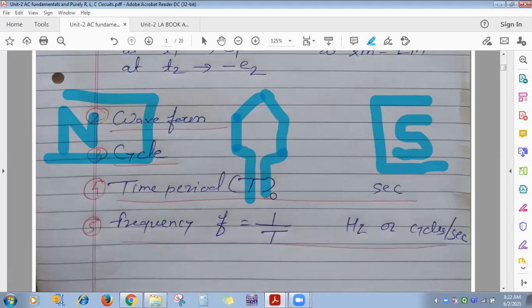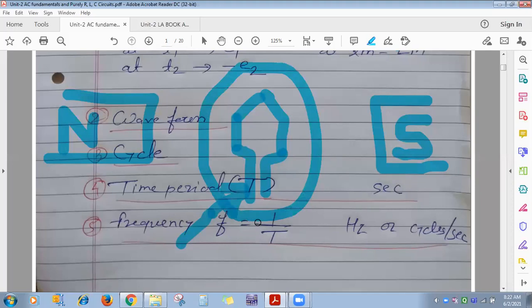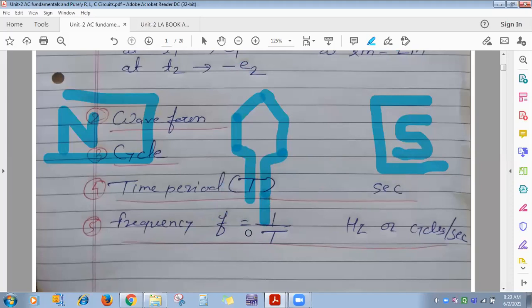Mechanical input is what we give to the generator. This is nothing but the north and south pole you can see, and in between I have placed a conductor. You can consider it as a small generator. This one coil is made up of copper conductor. You can consider it as the rotor of the generator, and this north and south pole as the stator of the generator. This is the construction you will find. This is a small generator, in very simplified form.